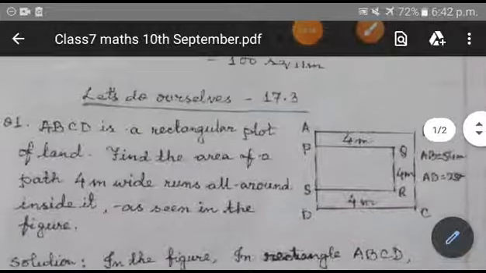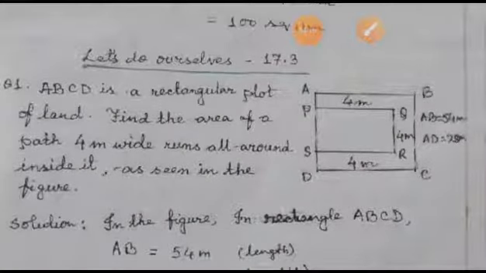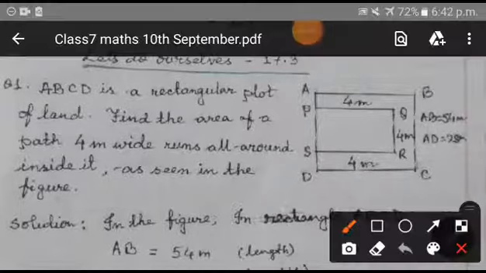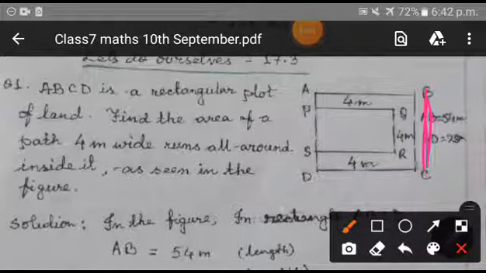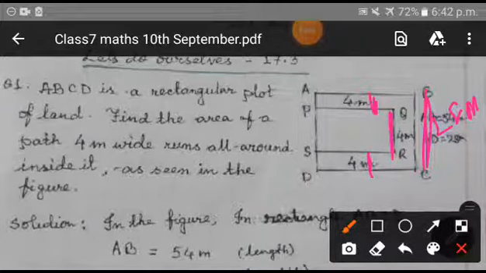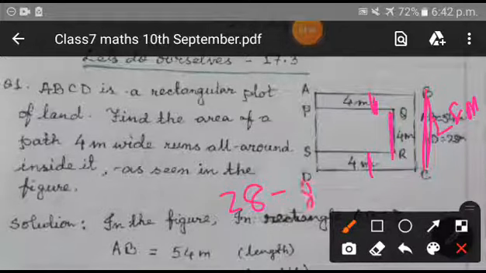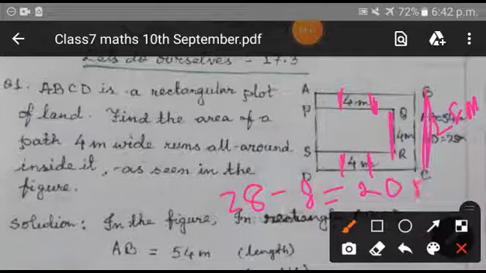Now here in this case, the length and breadth of PQRS rectangle is not given. So how shall you calculate the length and breadth? It is very simple. See, this full width is 28 meter. Now what will be the width of the interior rectangle? See, on top and on down, both the cases, 4 meters shall be subtracted. So from 28, actually you are subtracting 4 plus 4, that means 8 meters. 4 meter on top you are subtracting and 4 meter at the down. So 28 minus 8, that is 20 meter.